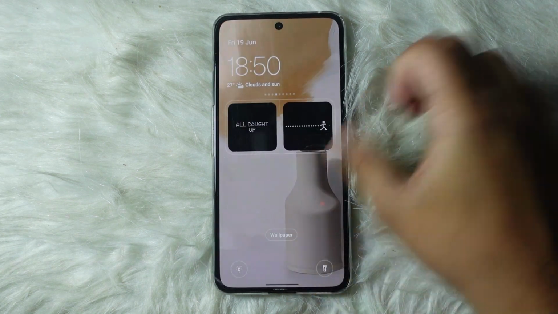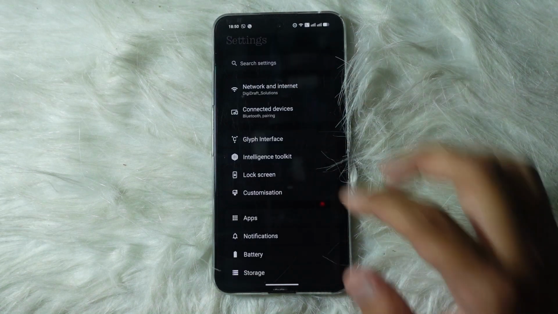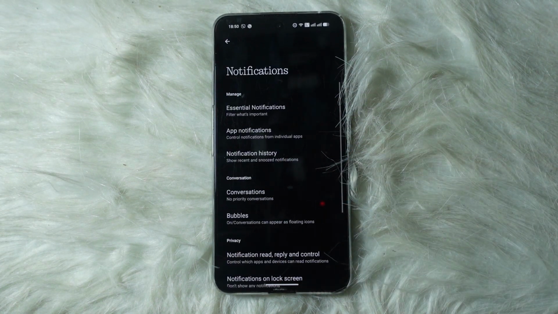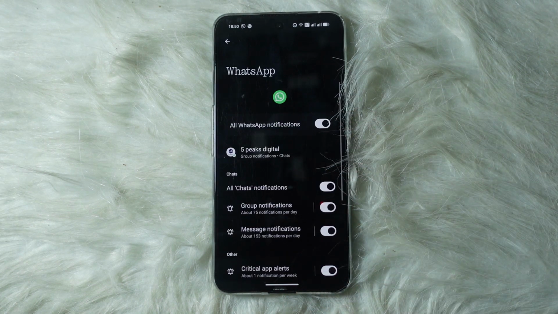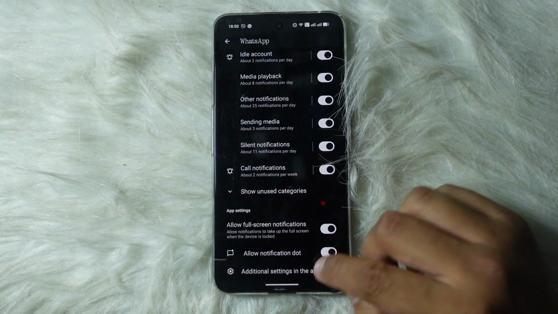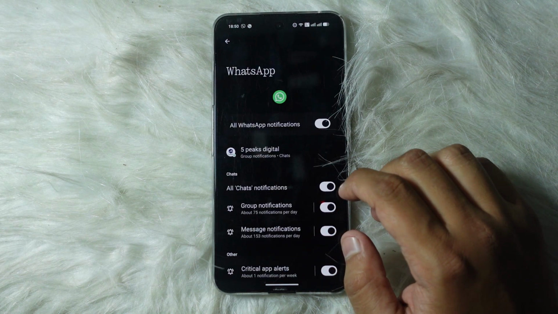However, if you're talking about WhatsApp notifications, you can simply unlock your device, head over to the settings on your device. Once you're inside settings, tap on notifications, tap on app notifications, and then tap on WhatsApp. Here, toggle off allow full screen notifications, and then the other thing that you can try and do is head